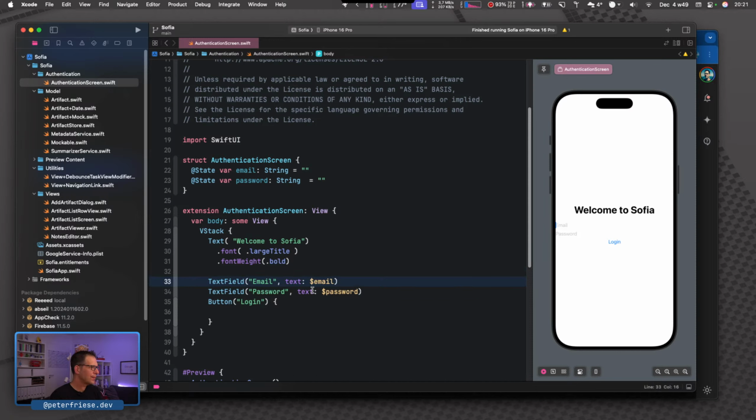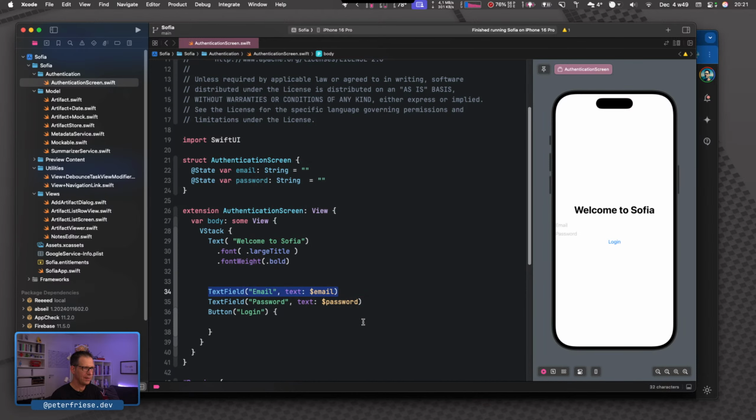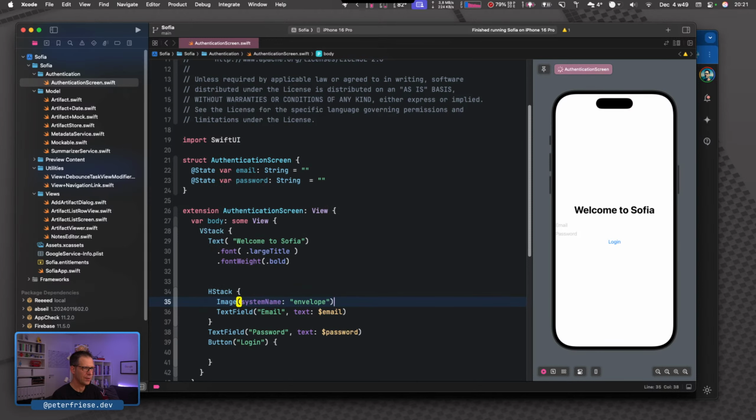All right, so let's see how we can make this look a little nicer. I want to embed this in an HStack. And then we'll have an image, like this.